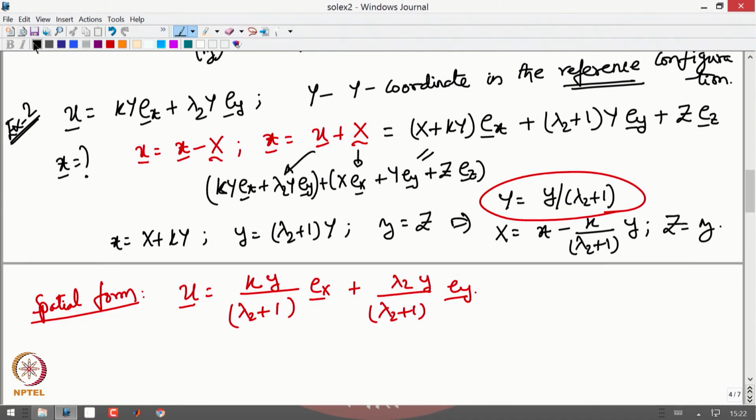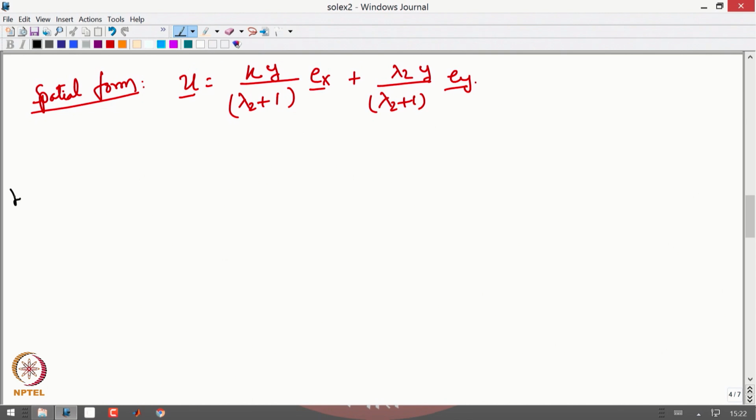Now, having understood what a displacement field is and how to represent it in the material and spatial form, the next concept that we saw was traction and the stress tensor. So, let us solve some example problems involving traction and stress tensor. Okay. Example 3,